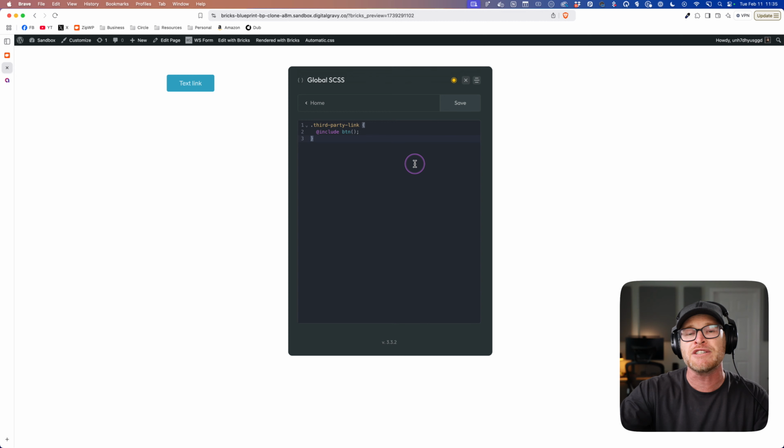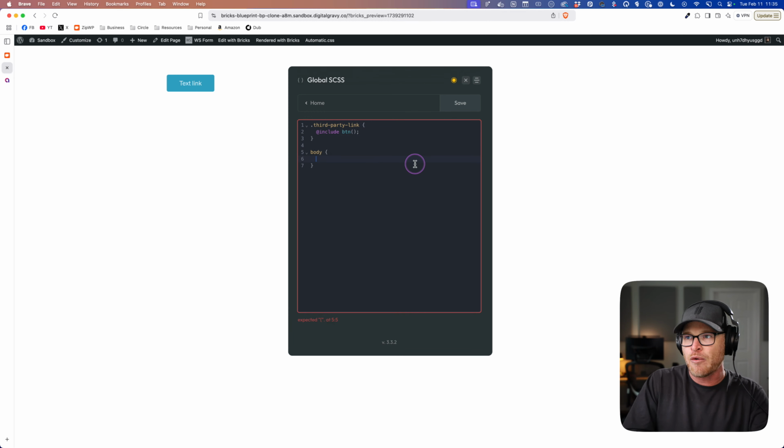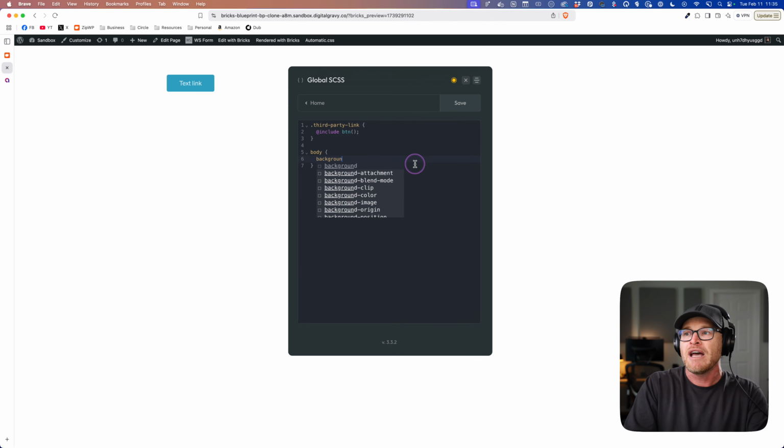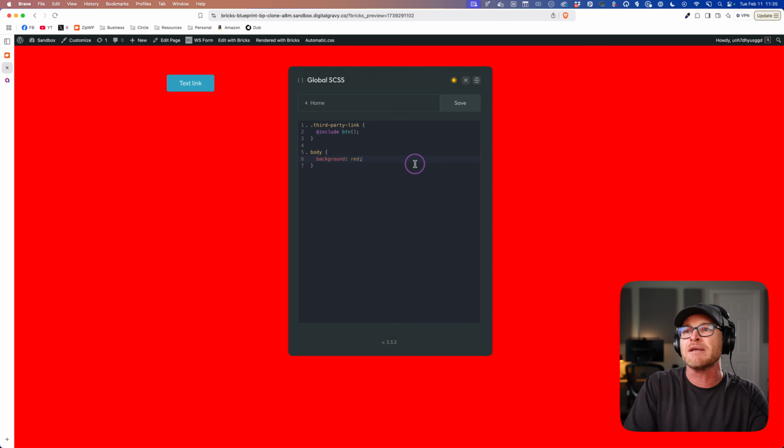In the previous versions of ACSS, you would have had to save, and then it would hot reload the page, and then you could finally see what you're doing. But it also came with other downsides. If I wanted to write vanilla CSS below it, something like background red on the body, I don't know why you would ever want to do that, you're like a psychopath, but maybe you did, you wouldn't be able to see what you were doing. Because once you write Sass anywhere in an editor, nothing else can really work until the whole thing is pre-processed again.